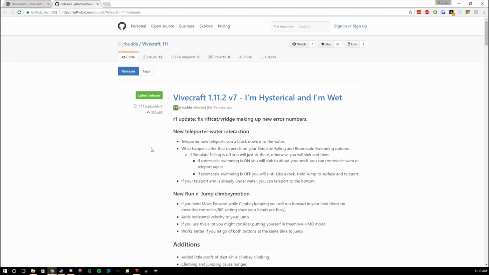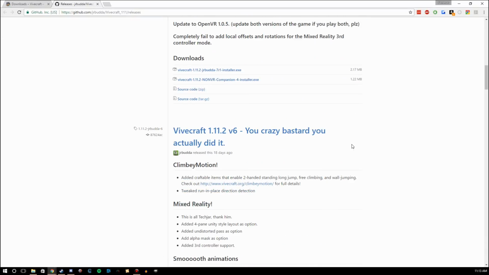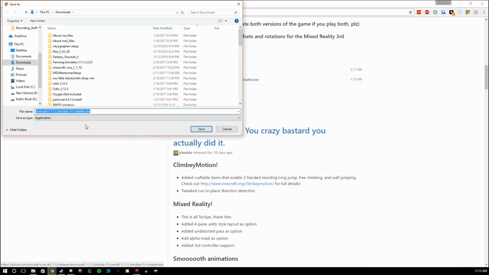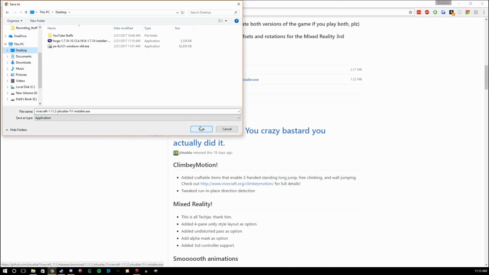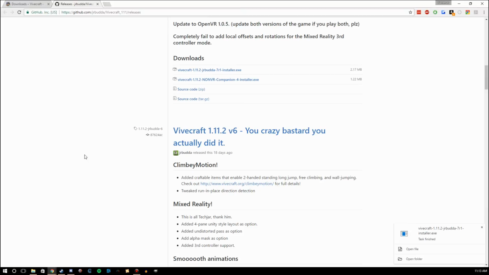So it's going to take you to a GitHub page. And GitHub, a while ago, used to confuse the crap out of me. But all you have to do is scroll down to the bottom and click here. There you go, on the installer. I will save that to desktop as well. And there you go. That's really all you need, unless you want to install the companion mod, which I'm not